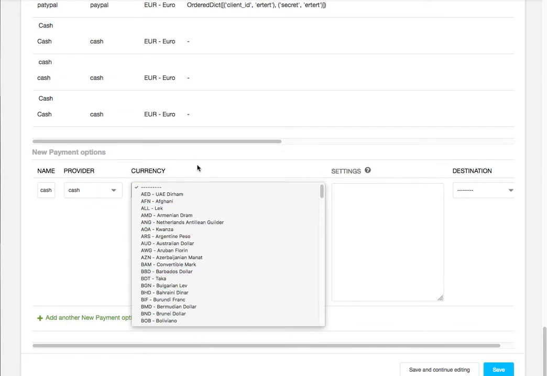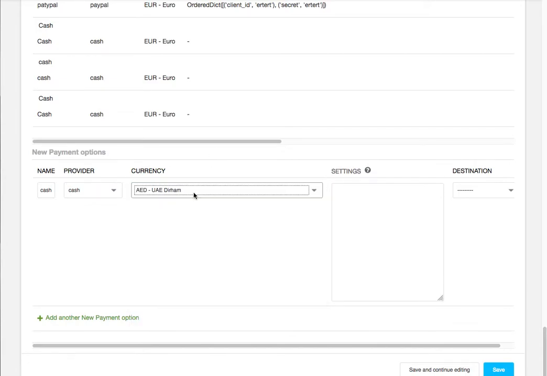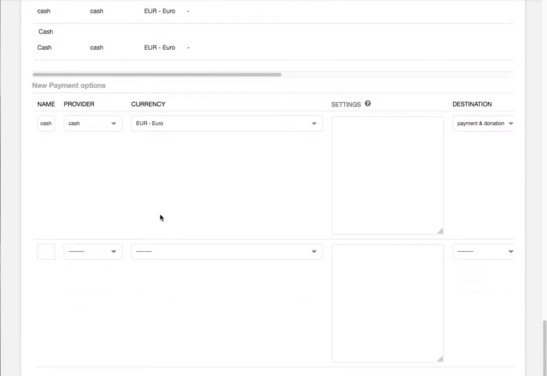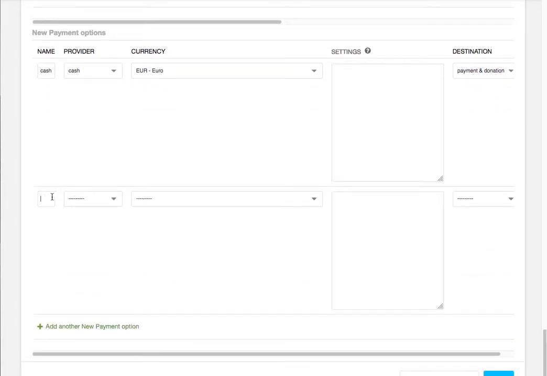We choose the currency, and we say the destination, for what kind of destination. If we use this payment option only for payments, or for donations, or for both. We can add many different payment options. For the moment, we have, in the case of a bank transfer,